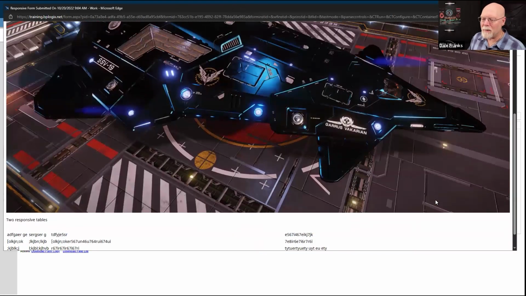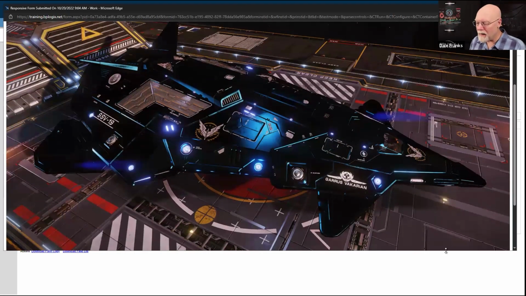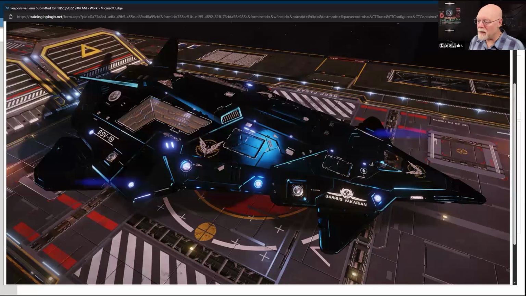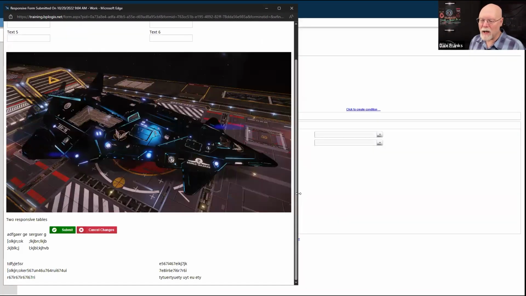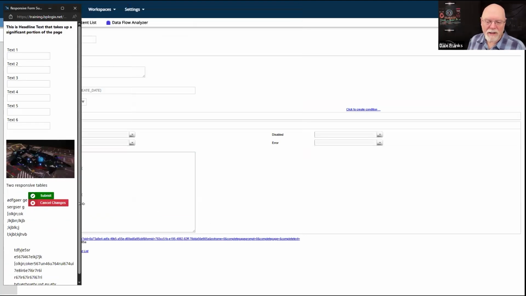So notice this image. This is actually quite a large image. But note that as I change my screen size, that image still stays. So if I'm looking at this on a phone, I still have my image and I still have the full image.